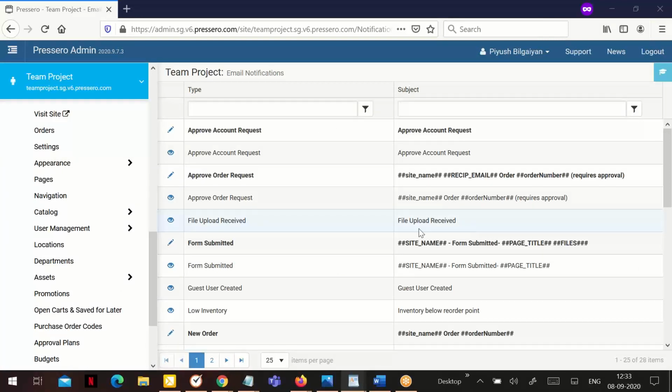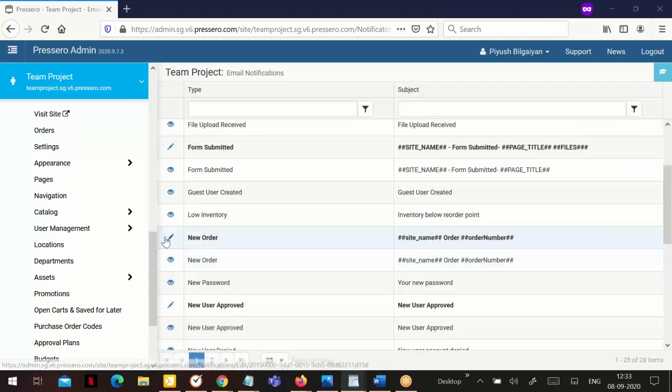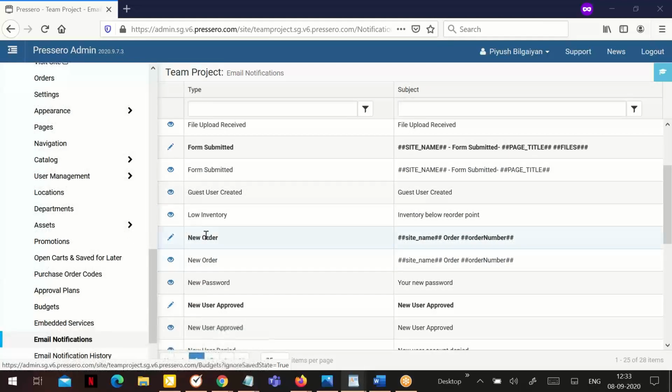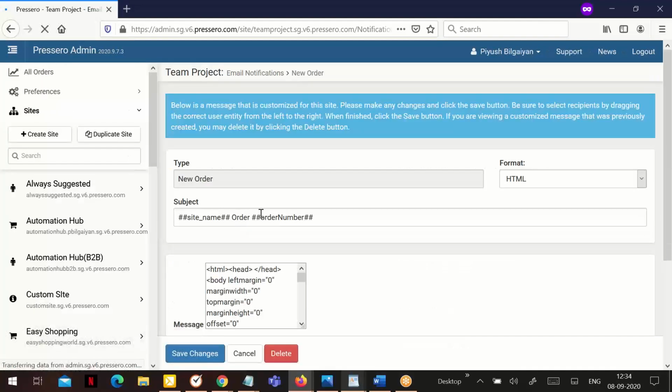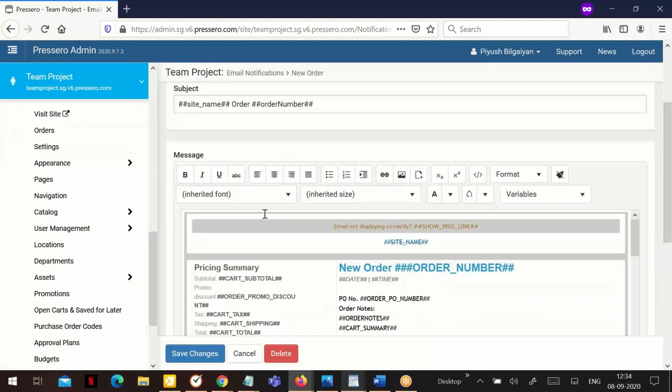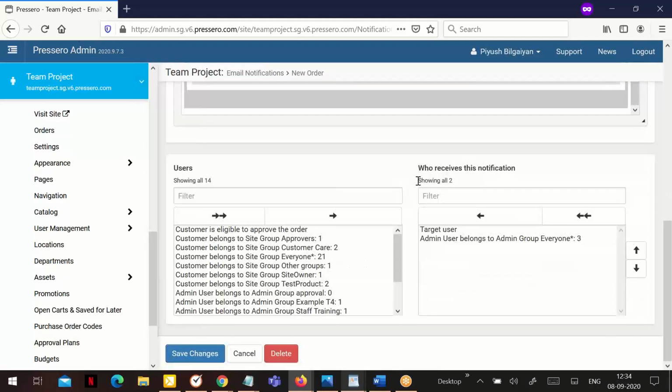The second requirement is that the user, or a group the user is a member of, is in the list of recipients for the given email. In order to see that, you go to the site's email notifications, edit your email notification, customize, and verify who receives the notification. If the user or a group they belong to are not in the list, the user will not be sent the selected email message. Please note, if the target user is listed and the user is the target user, then they will be sent the email messages.